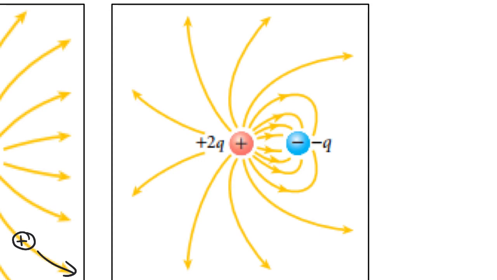So as a result, if I look at this carefully, 1, 2, 3, 4, 5, 6, 7, 8, 9, 10, 11, 12, 13, 14, 15, 16 field lines coming out of there. And going into the negative one, 1, 2, 3, 4, 5, 6, 7, 8. 8 and 16 have a ratio of 2. Look at the magnitude of charges. This is double this one. And because it's double the field strength,